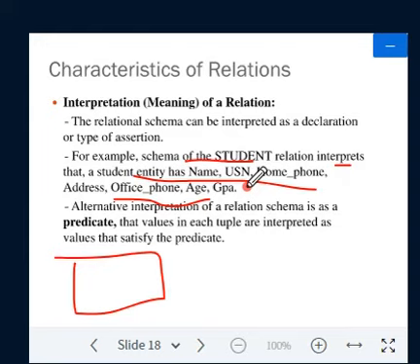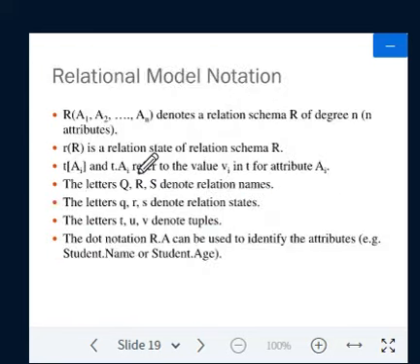All these are characteristics of a student, so the relation name should also be student. That is the interpretation or meaning of a relation, which should be clear according to the attributes and attribute values.